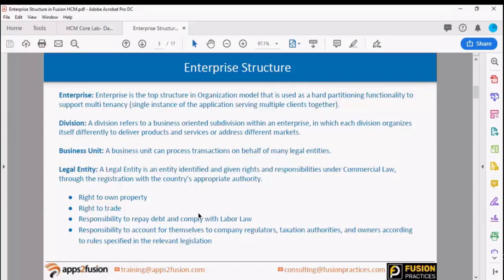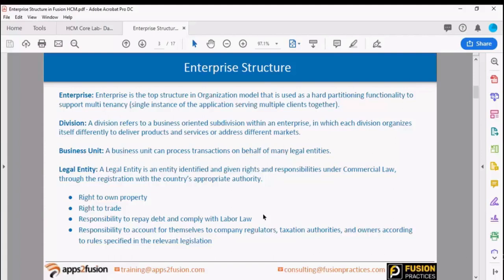So it actually follows the rules and regulations of India as well as Mumbai. So in that case, L&T Mumbai will be a legal entity. All the employees who work for L&T Mumbai will be hired under L&T Mumbai. And after that, L&T Mumbai can also be a payroll statutory unit. So it is actually responsible for all the taxation purposes and all those activities related to payroll for those set